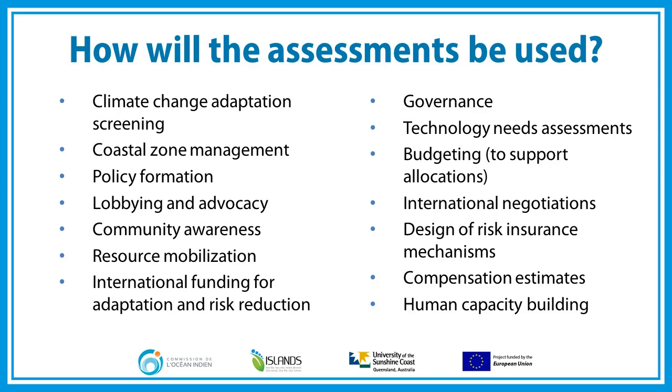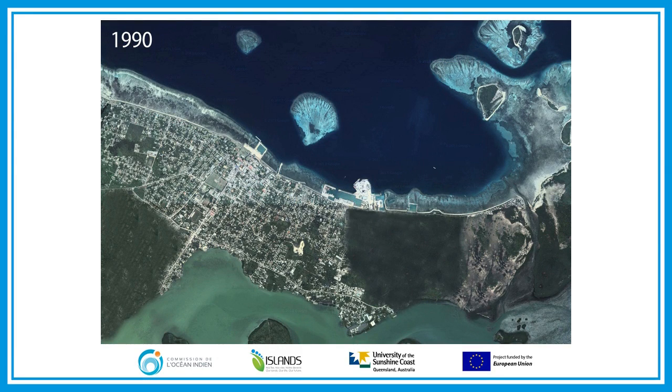Let's take a few minutes now to consider an example of the existing risks from climate variability for a coastal community and how those risks may increase over time as a result of changes in settlement patterns and economic development as well as climate change. In the image, you can see a satellite photo of a coastal village that has a coral fringe reef on one side and also has a saltwater lagoon. This particular village has long been vulnerable to coastal flooding resulting from storm surges that occur during tropical storms and cyclones. The red shaded areas indicate the locations that are flooded to a depth of at least half a meter.